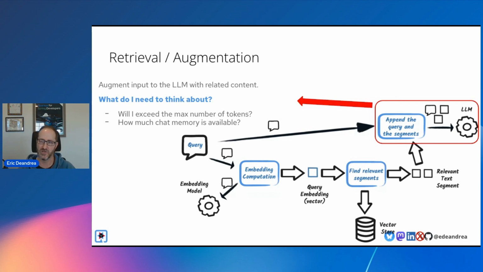So the user asked a question. There's probably a system prompt as well that defines how the model should behave. Do you want it to talk like a pirate, or respond in poetry or in French, or however you want it to behave. You take that, you take the user's query, and then it's called stuffing. You stuff the results that you get from the embedding store into your query, and then you send it to your model.